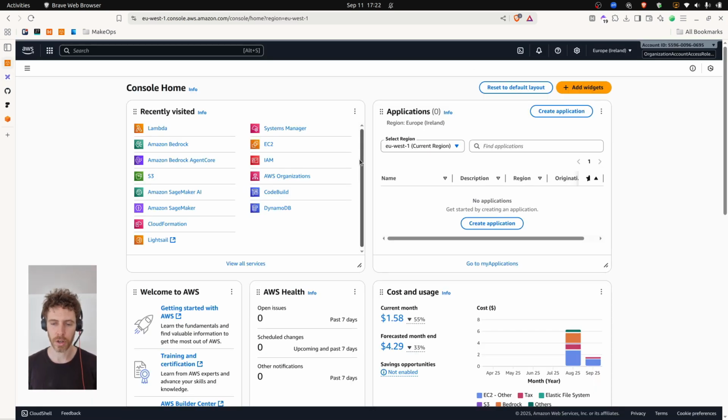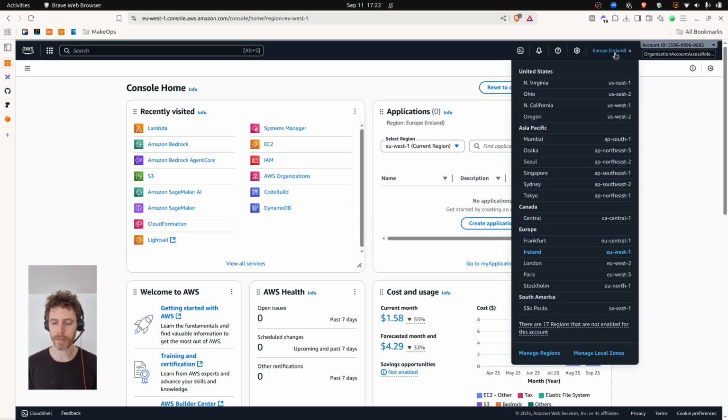Here we are in the AWS console. The first thing we're going to do is check the region that we're in. Specifically for the region, we want to make sure that we're in a region that has access to the models that we want to make use of. It's important to know that not all Amazon Bedrock Foundation models are available in all regions. And so before you go ahead and build a project, it's important to know which models are available in which